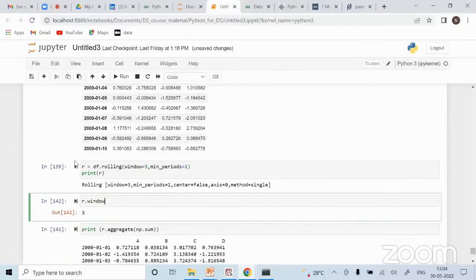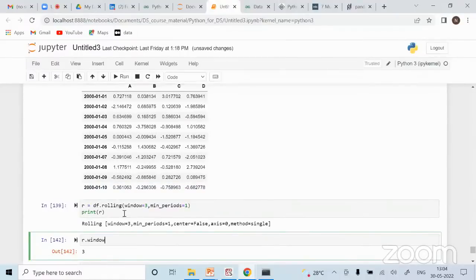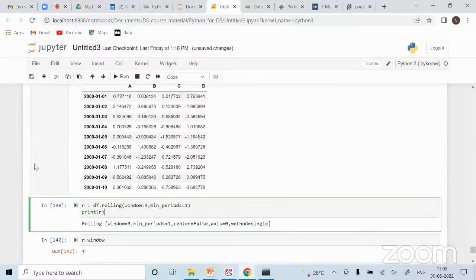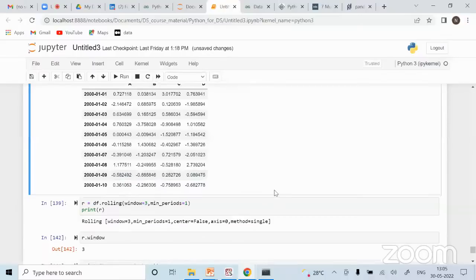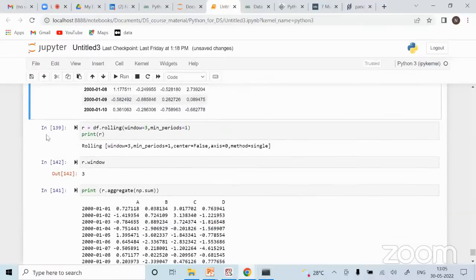Fine. So basically what I have done here is I have created a rolling window. I have a window size of 3 and minimum period is 1. So basically what it does is it tries to create the rolling window. Let's say the first rolling window will be of these 3 values, right? Then there will be one skip, and then again these 3 values, then these 3 values. Likewise, it's a rolling window. So typically we use it whenever you want to create a rolling mean, right? Now I have created this window, so this is very much similar to the group by function.